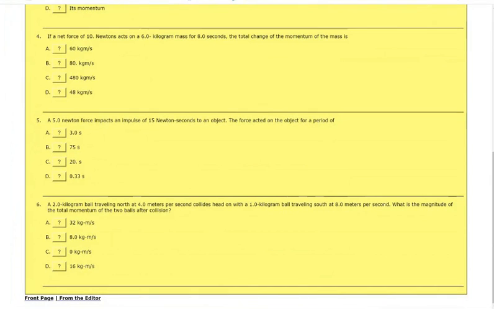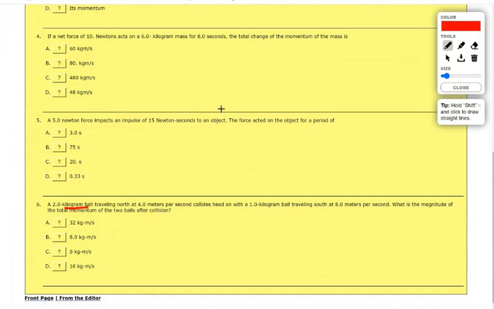Let's take a look at this bottom one, because you know you're going to get a problem like this. You've got a 2 kilogram mass, m1, at 4 meters per second north, that's a positive thing, and a 1 kilogram mass going south. So, what's the total momentum after? Well, they gave you all the stuff about before. How can you find the after? By finding the total momentum before, you're really finding the total momentum after.